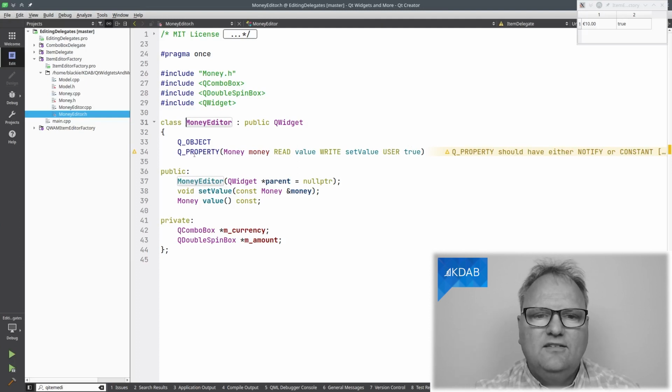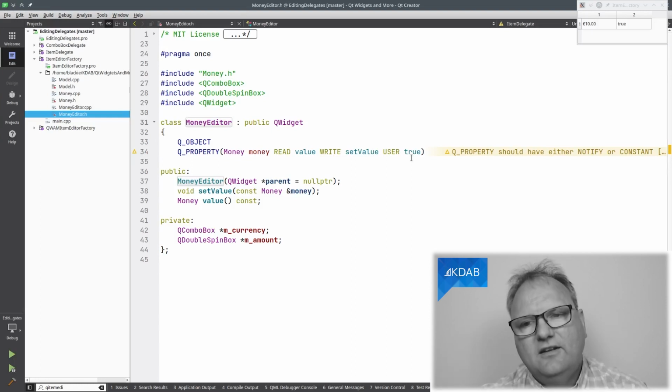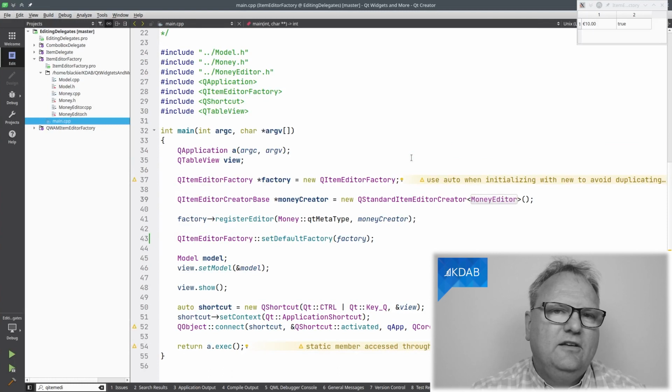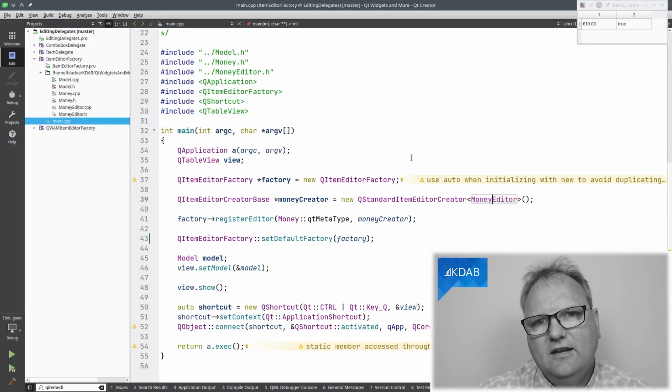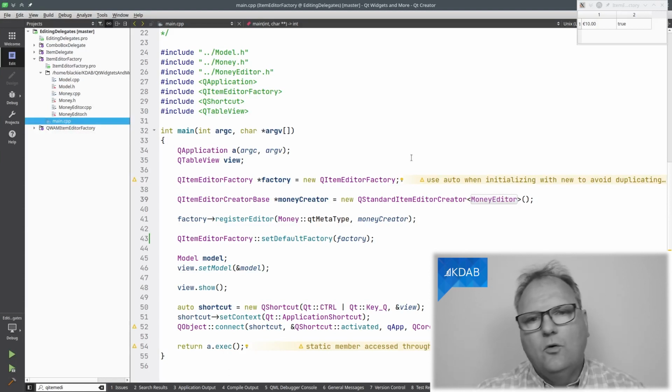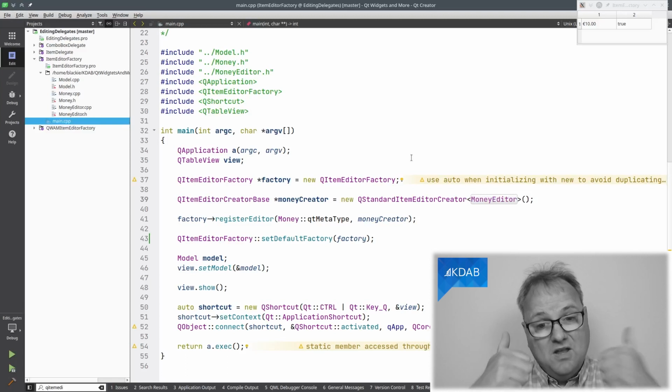So it knows that this is exactly the property to read and write, to read the data out and write the data back. No more implementing these 3 or 4 methods for creating the editor, for instantiating or for getting the data from the model into the editor and back again. It all goes via this. So I love that.